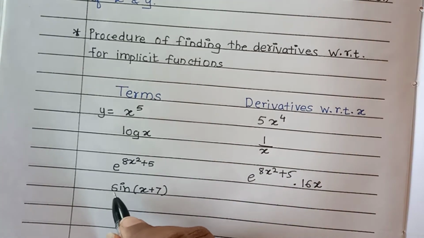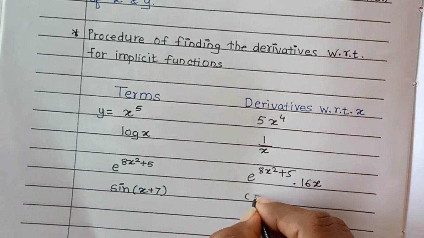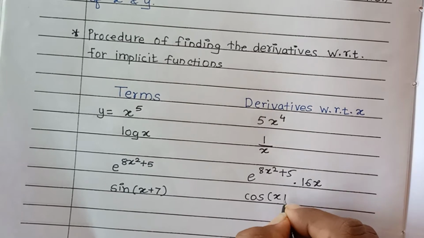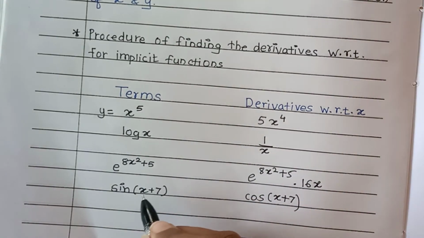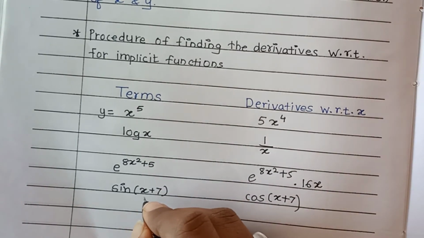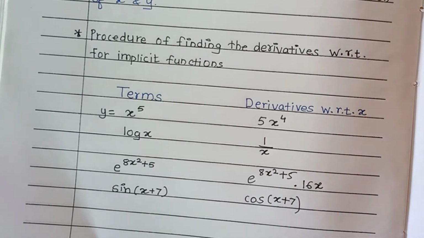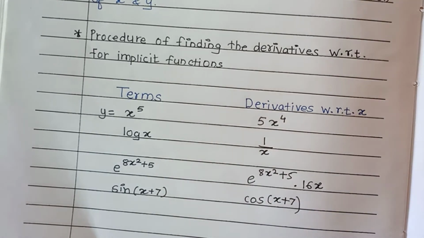The next question is the derivative of sine of x plus 7. So the derivative of sine x is what? Cos x. So I will write down here cos of x plus 7. Here another function is there, that is x plus 7, so we need to take a separate derivative of that. The derivative of x with respect to x is 1, and the derivative of 7 with respect to x, 7 is a constant term, so it will be 0. Nothing we will write there. So 1 multiplied with cos of x plus 7 is cos of x plus 7 only. So this is about the simple derivatives that you already know how to calculate.